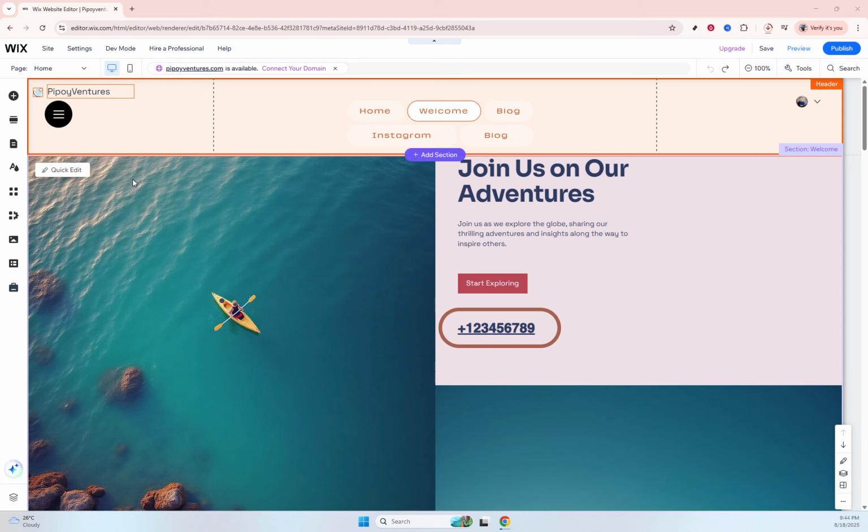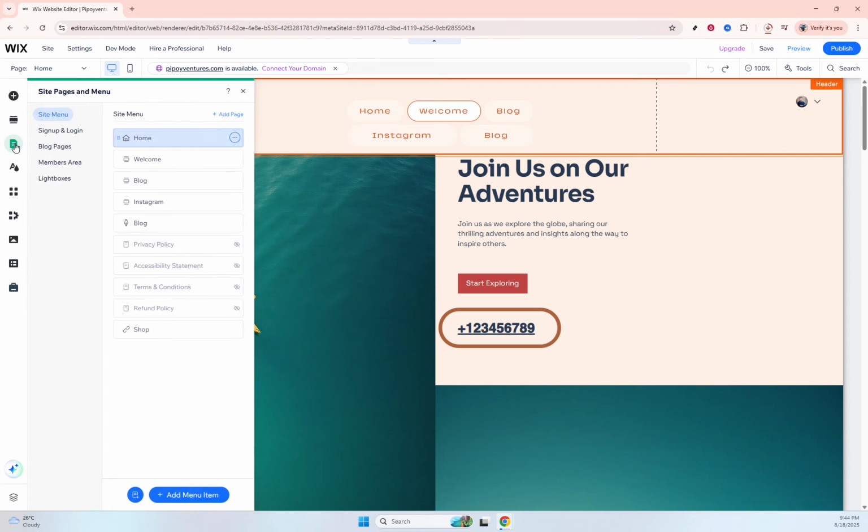Once you're in the Wix editor, look towards the left-hand side of your screen where you'll find the Site Pages option. Click on this. It's your gateway to managing all the pages within your website. This menu is essential for navigating and modifying the structure of your site, ensuring that you can easily access any